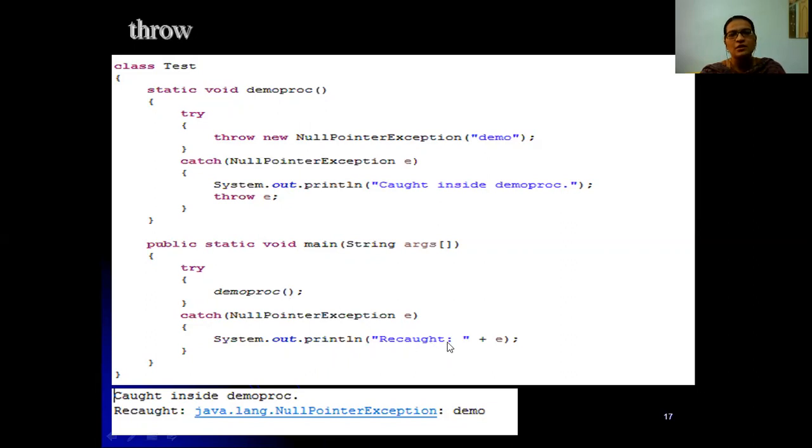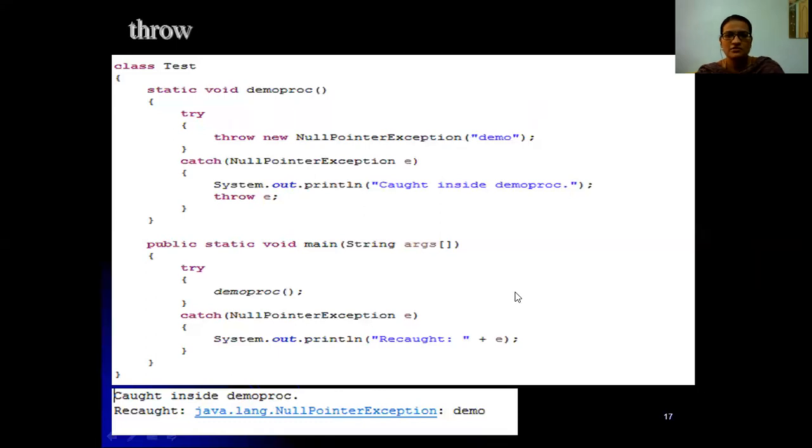The second time we are handling that exception within the main method. So first time caught inside the demo procedure, and the second time we have thrown again, the record message plus e, this system-generated exception, will get printed.